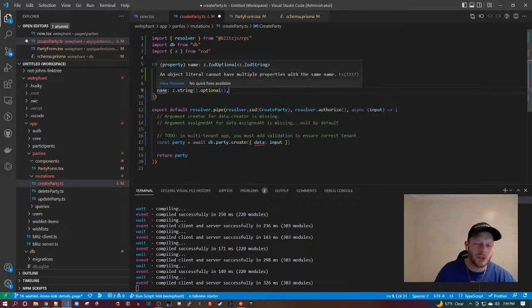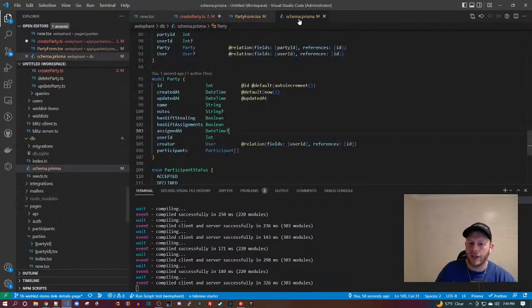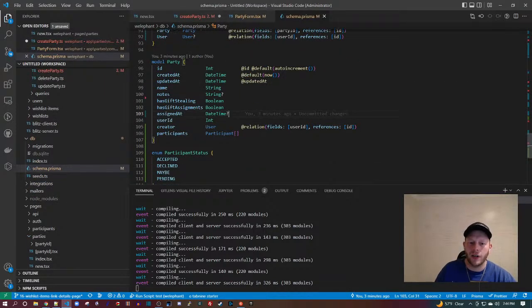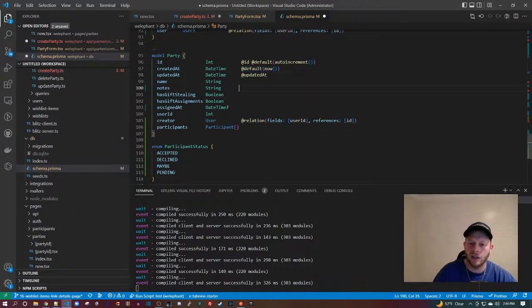And maybe notes should not be optional, huh? Maybe it should just default to an empty string. That's way better, notes. So notes, you're not optional either. We're already having to update the schema. Let's go ahead and make 2 schema updates. We have to run a schema update anyway.